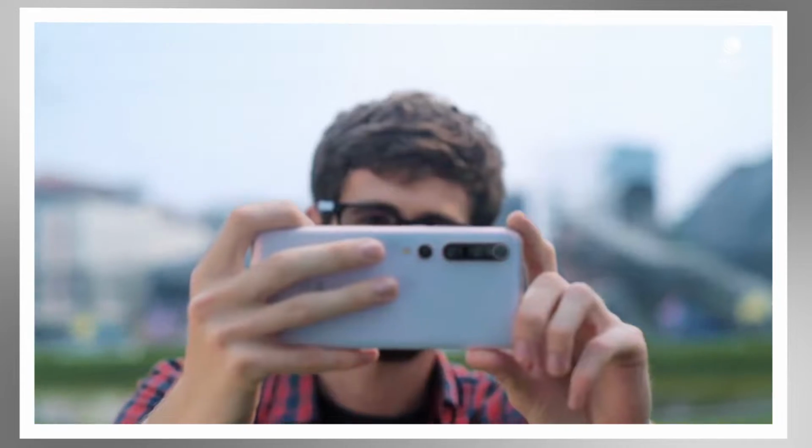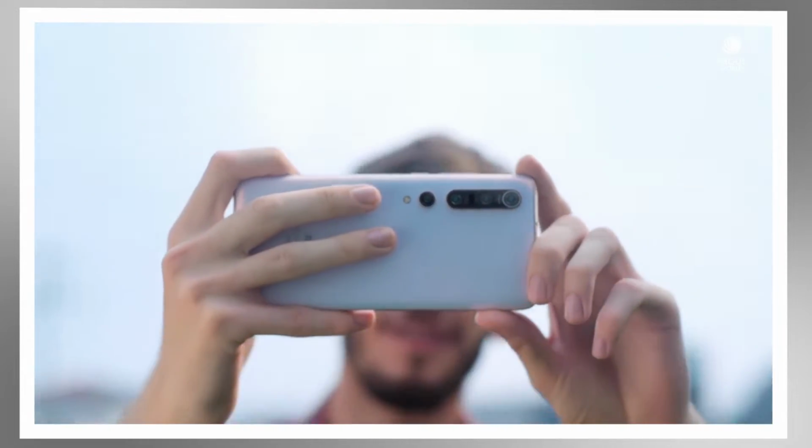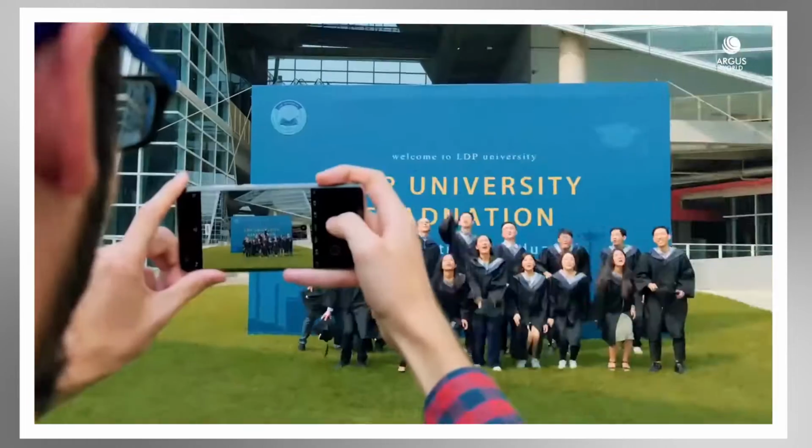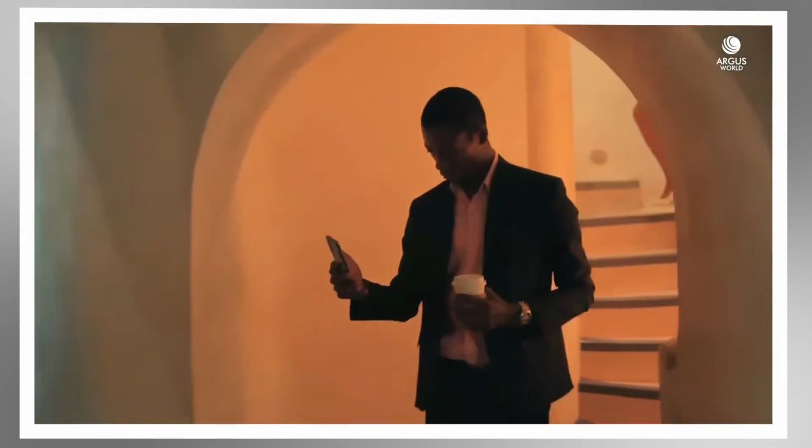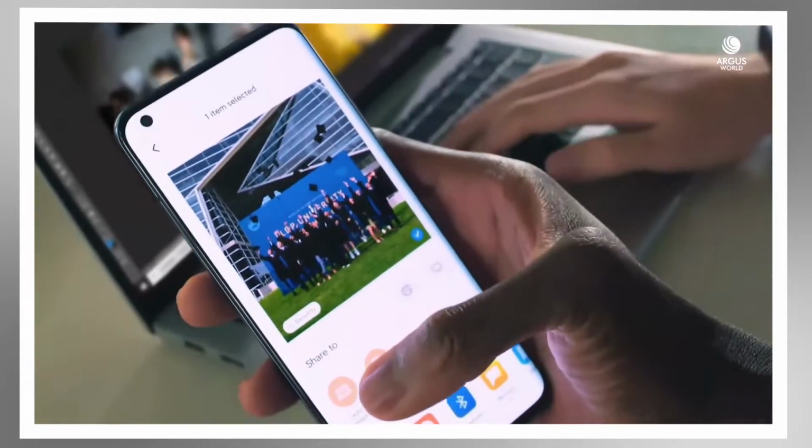What's up YouTube, the Mi 10 series is here and ready to take on this year's flagship. As expected, the company announced the Mi 10 and Mi 10 Pro in an online-only event, although one of that only applied to the Chinese market. Xiaomi has wasted no time in pushing the Mi 10 series hard through, with the Mi 10 Pro already topping